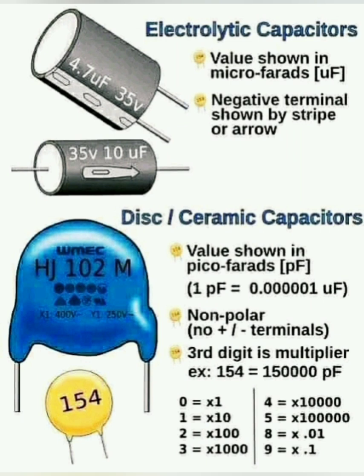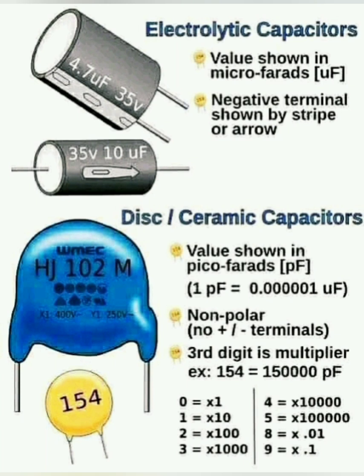Next, coming to the capacitors. Commonly used capacitors are electrolytic and disc or ceramic types of capacitors. Here I have mentioned electrolytic capacitors, and the negative terminal of your electrolytic capacitor will be shown at one end, or it will be given as a negative symbol, so the other end will be your positive.